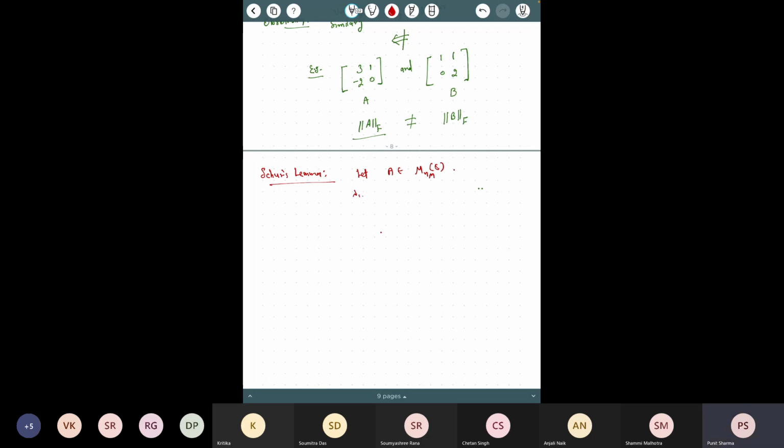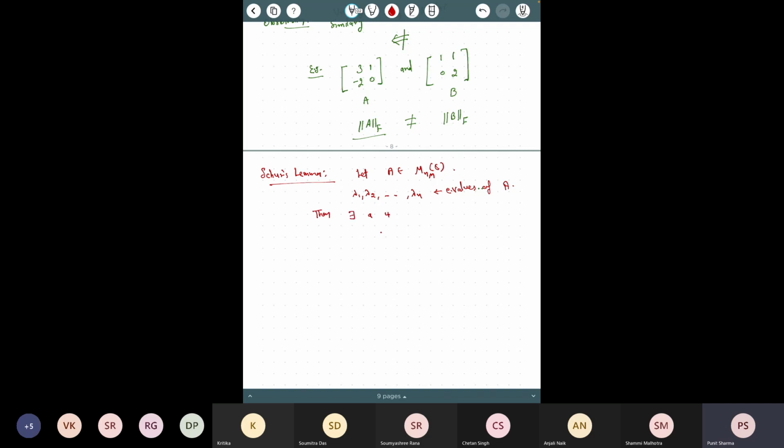And suppose that lambda 1, lambda 2, up to lambda n are the eigenvalues of A. So we have a matrix A, and we also have eigenvalues of A. They are in some prescribed order. When I said lambda 1, lambda 2, and lambda n, that means I have arranged them in some order. Okay. Then